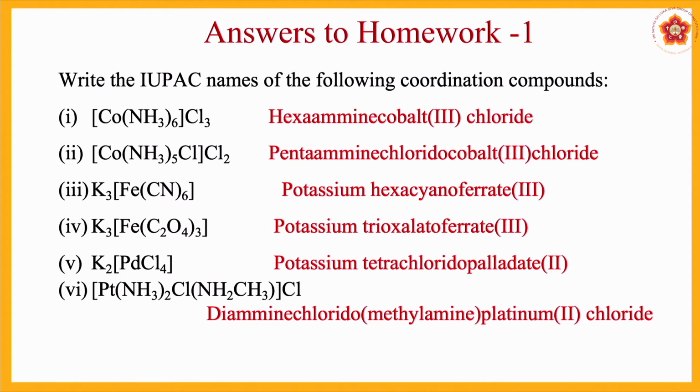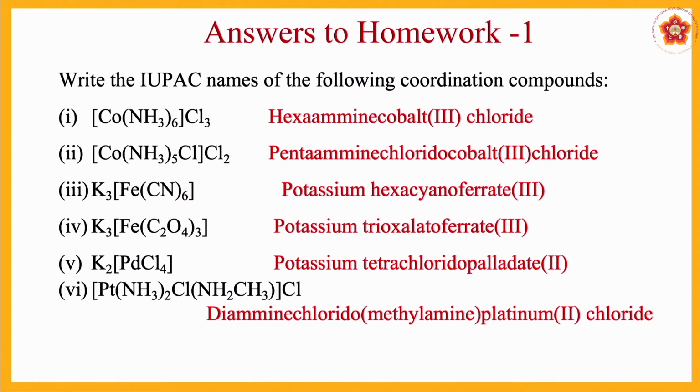So, therefore, balancing those parts, we have iron as +3 and it is written as ferrate. That ATE is because any central metal ion, if it is written in the negative complex, we end the name with ATE. Similarly, in question 5, we have it as palladate because it is ending with ATE since it is a negative complex. The last one, if you see there, diamine, because 2 amine groups are there,